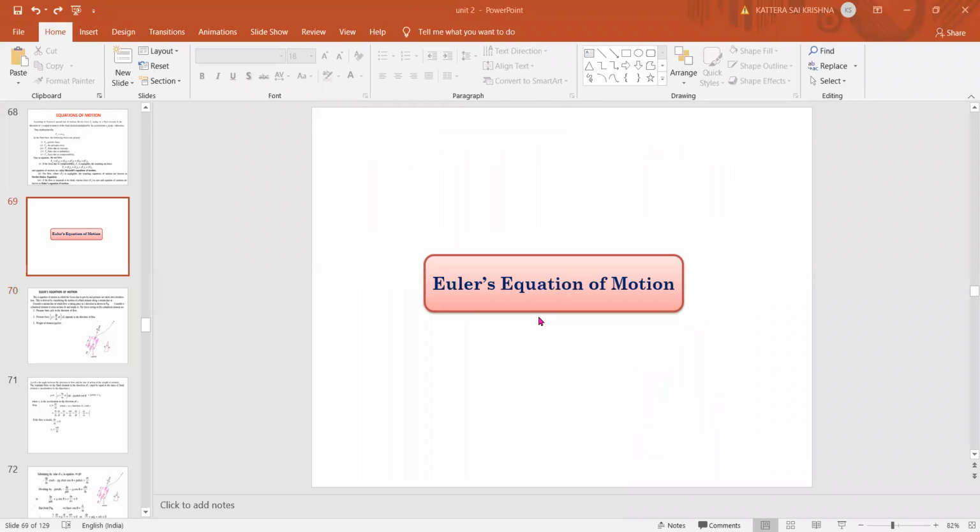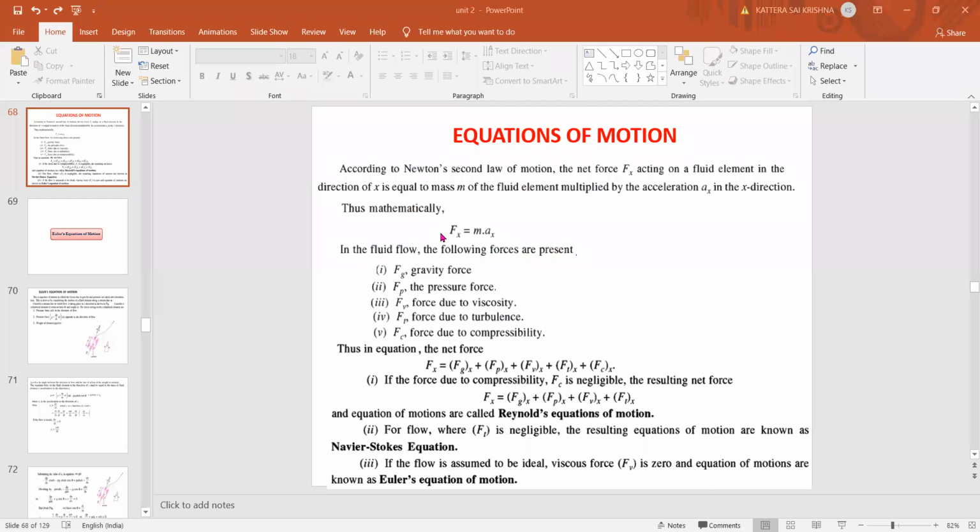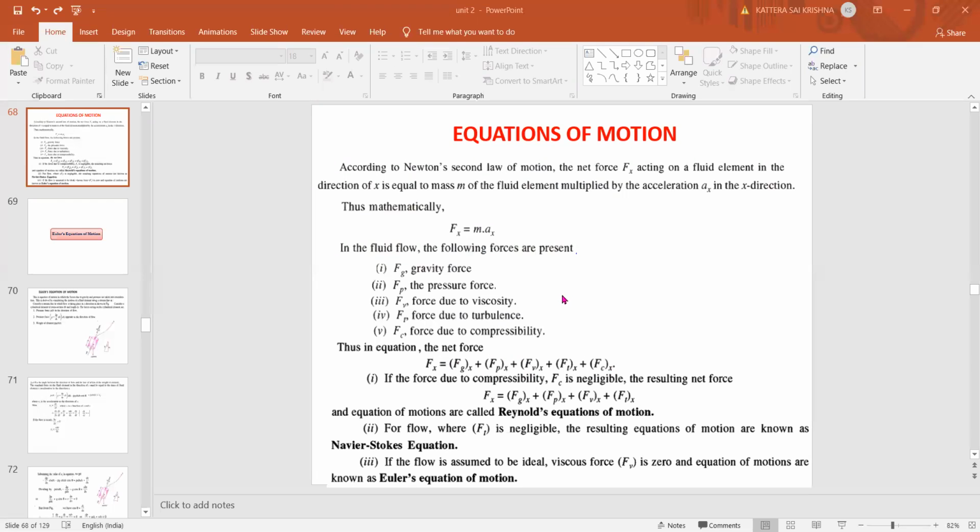Just a second, I will show the previous slide. If you see there, you can understand. So actually, this is the force Fx is equal to max. So that Fx is equal to the summation of all the forces we have taken. So max, that is m into a, is equal to the forces which are on the fluid. So that condition we need to apply now.